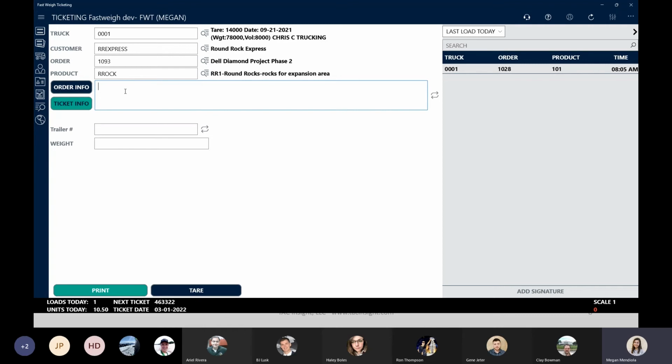You might want to record, deliver to back porch or something like that in your ticket info. But I'm just going to say have a great day because I want the person we're creating a ticket for to have a great day. So to set the repeating values, like I said, you just hit these two arrows here,